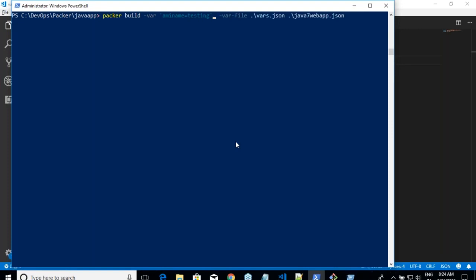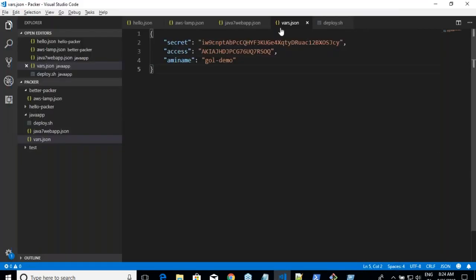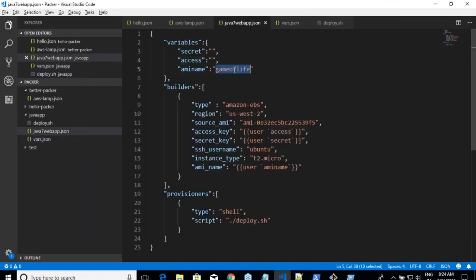If you see, in the var file I have also written the name for AMI name. I have passed a minus var where I have also given the AMI name. In my packer file also, there is a variable defined which has some name called game of life. So whenever you have a variable, these are the three different possibilities of how to pass the variable in packer.